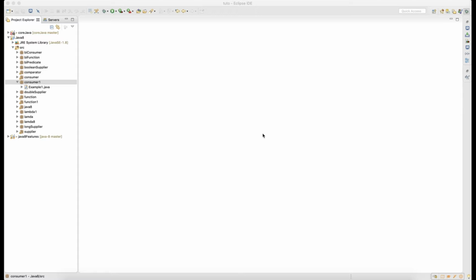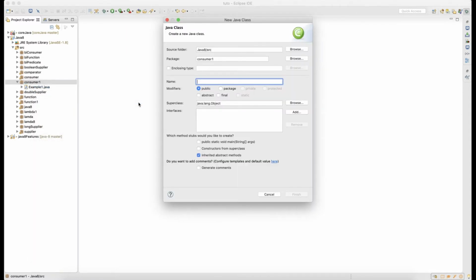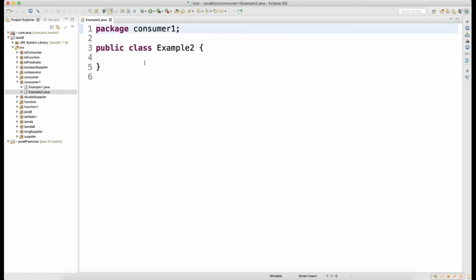Welcome back, guys. This is the continuation of the Consumer functional interface, and we will try to understand some more concepts of the Consumer functional interface. So let me write example 2, and here let's say I'll write another default class called Person,